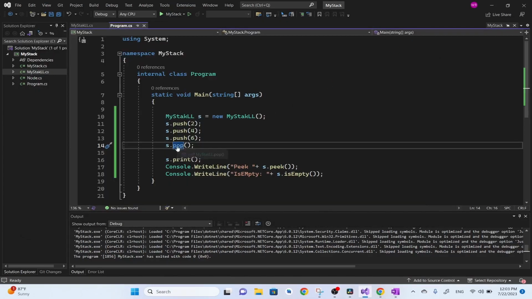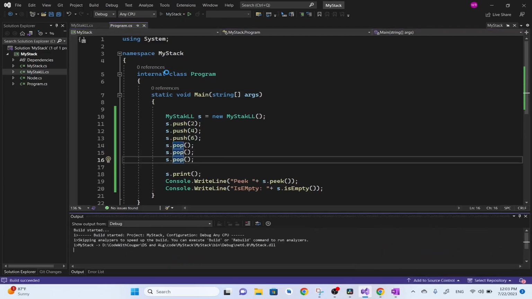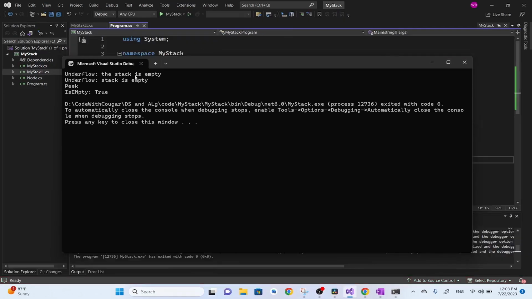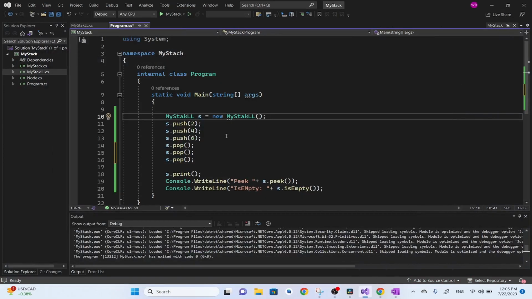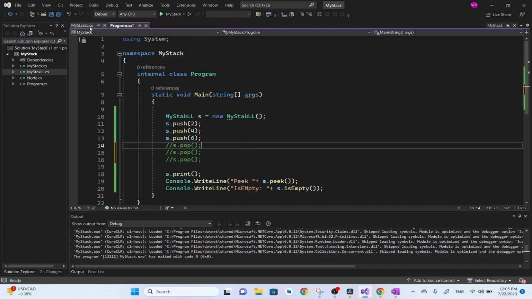Let's call the pop function 2 times. The linked list should be empty. Underflow, stack is empty. We don't have anything in our peek. We can also add a size to our stack so that we can know how many elements we have in our stack. So let's comment out these lines of code, and in my